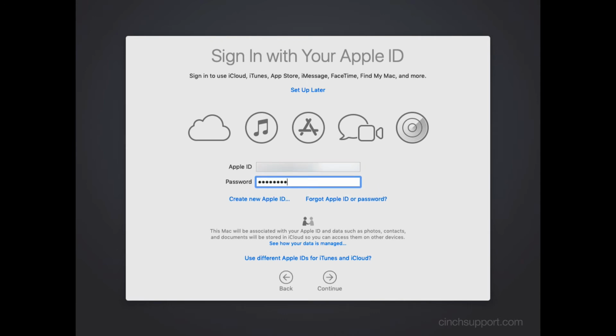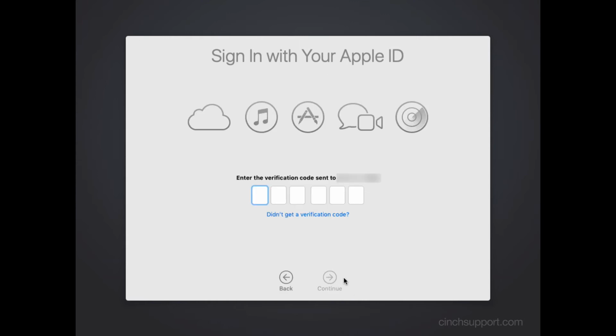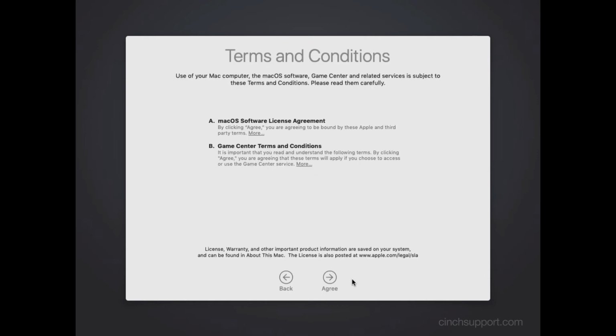If you've got 2-factor authentication turned on, it'll send a code to one of your other devices or to your cell phone. Enter the code, click Next, and I've got mine fast forward here because again, it takes a minute sometimes. The next step is to agree to the terms and conditions, and then we're going to move on to